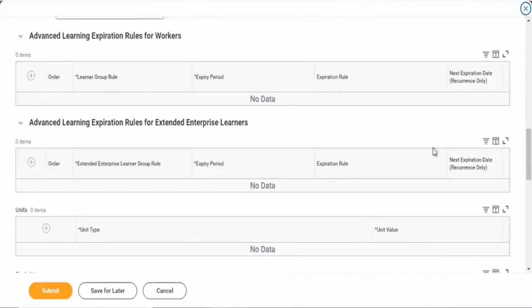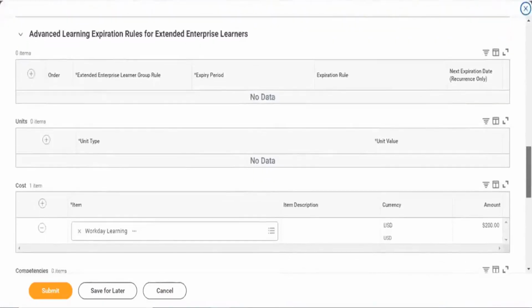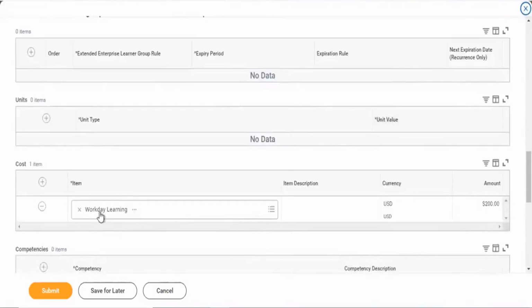You can see you can add pricing for the learning course here. You can see how much external invoicing you can make on the course.